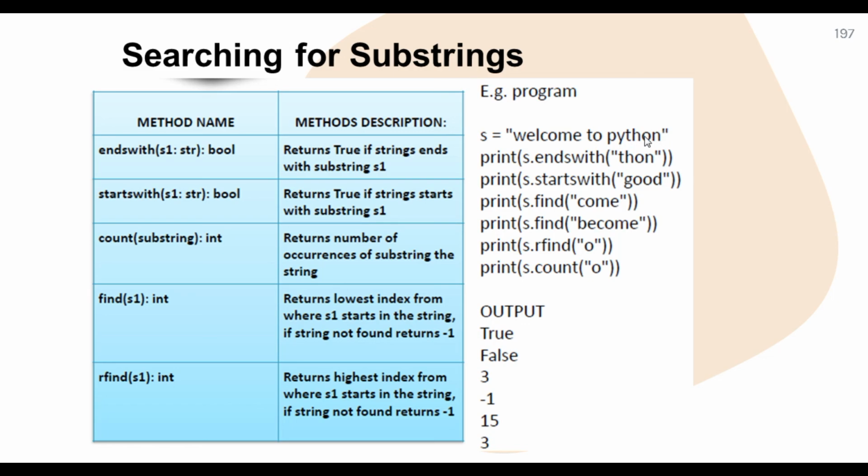Okay student, so here you can see how many characters are there. What will give the answer, true or false? Here it says s.find. So you can see the index value it will give you. Wherever this one thing COME is, it will give you that index, that is third. If it is not in our list, it will not give false, but there is no facility for this, so it will give you -1. Okay, 15 and then 3.